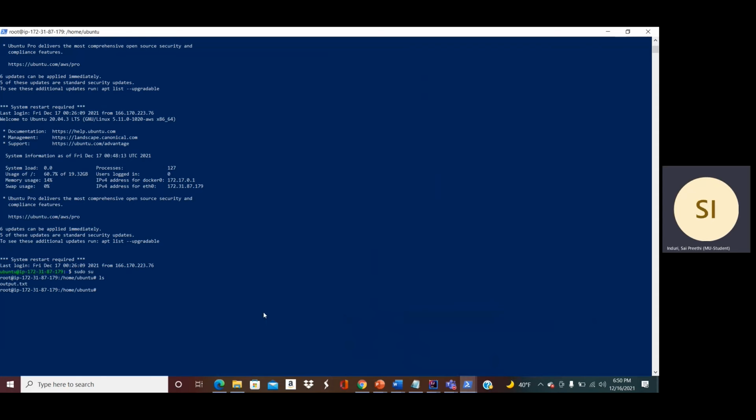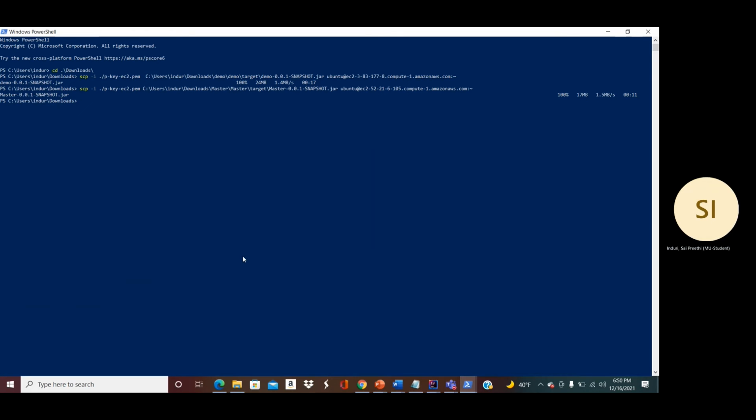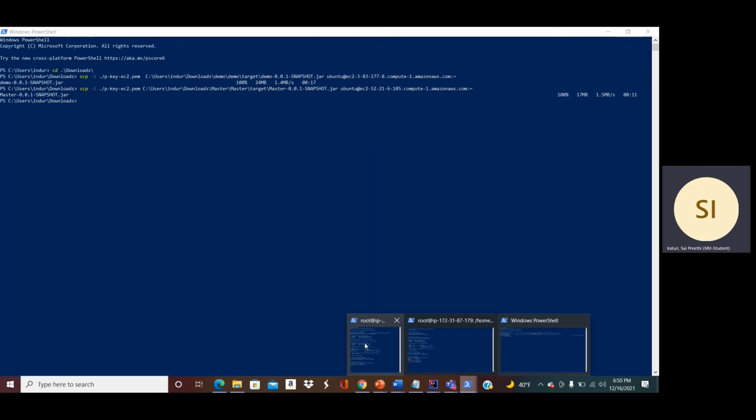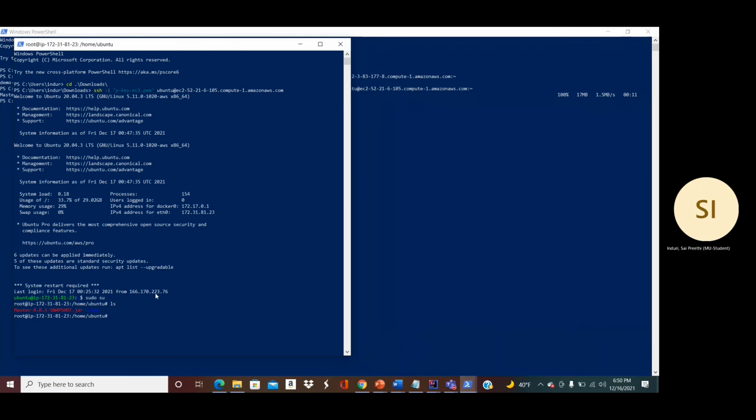Now if we look into it, we can see the jar file got inserted into this Edge Node 1. And the master microservice also got inserted. Using java -jar, we run that Java application.